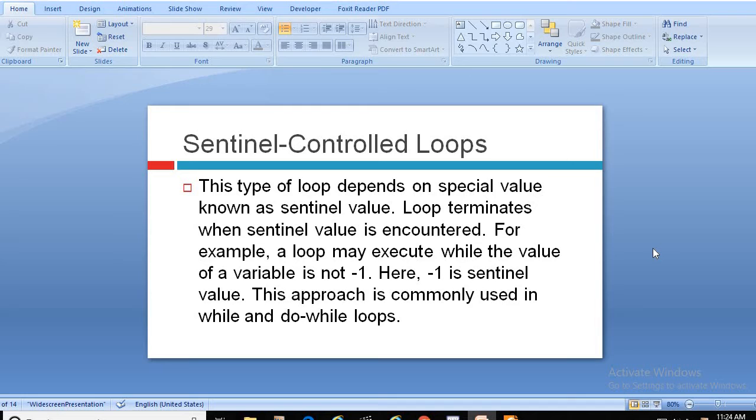Similarly, you are using your laptop. Suddenly you press the power button, and it goes to sleep. So this event is not known in advance. It is possible anytime. You are not given such a scenario in which the number of repetitions is known in advance.